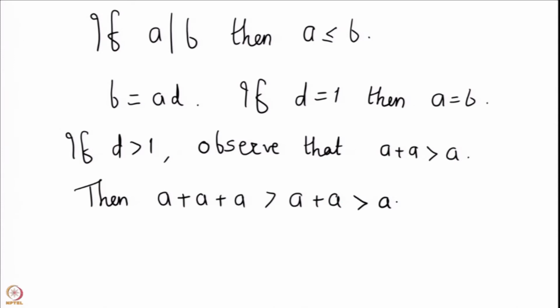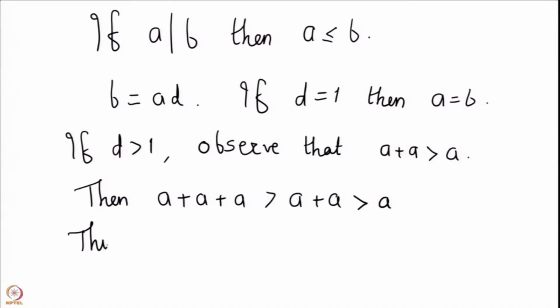But what is also true is that transitivity is preserved. That means if you have a natural number which is bigger than a second natural number which is bigger than a third natural number, then the difference of the first one and the third one is a natural number, and therefore we have transitivity. This way, D into A, which is A plus A, D times, is going to be bigger than A. And remember, our B was D into A or A into D.